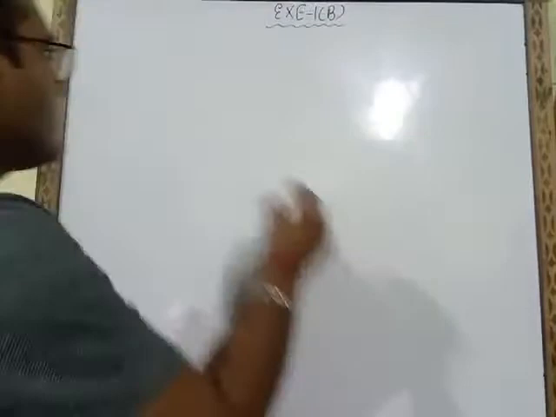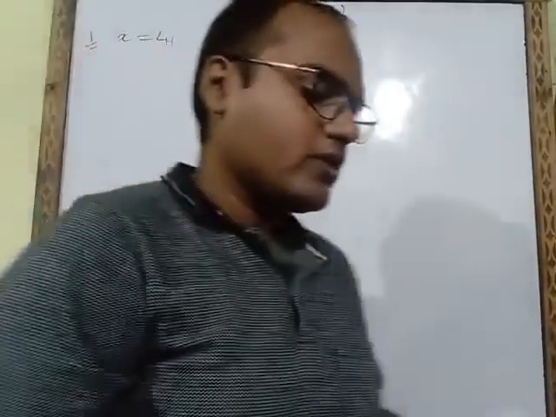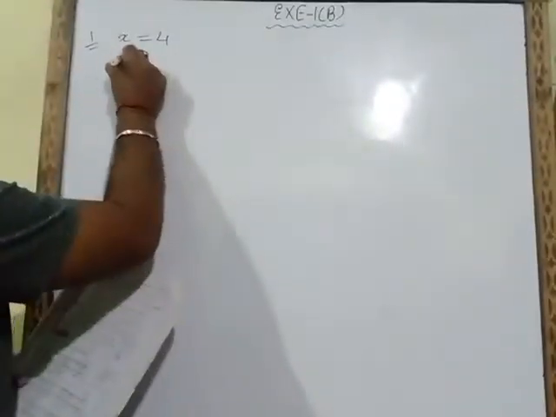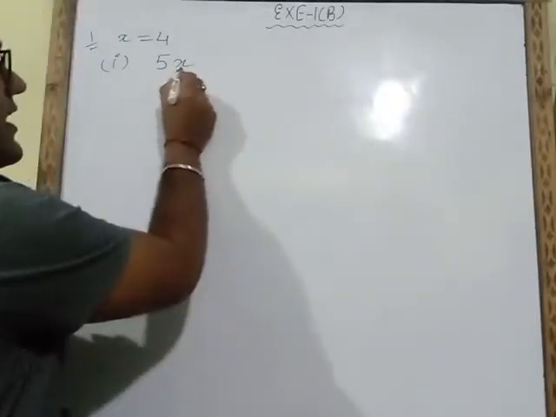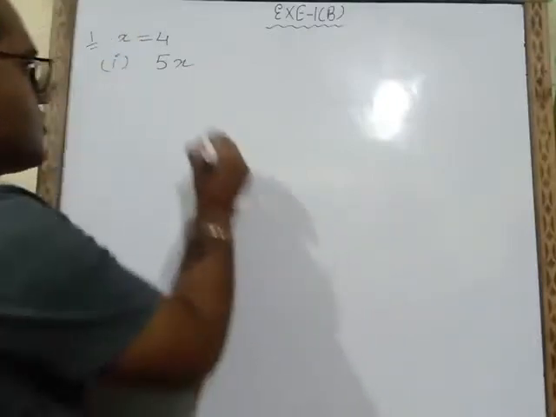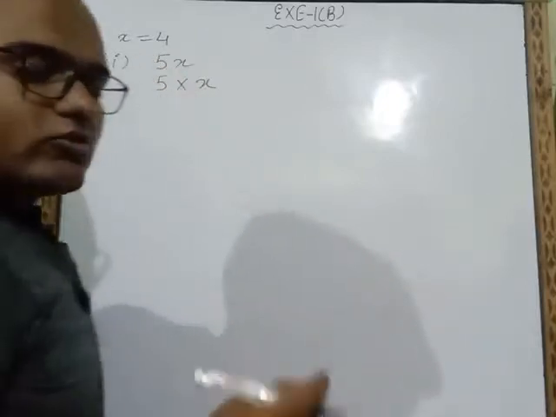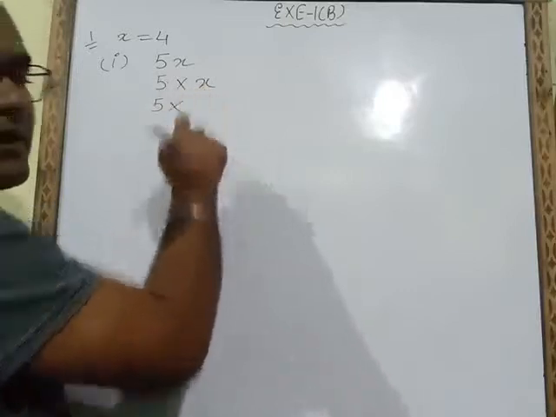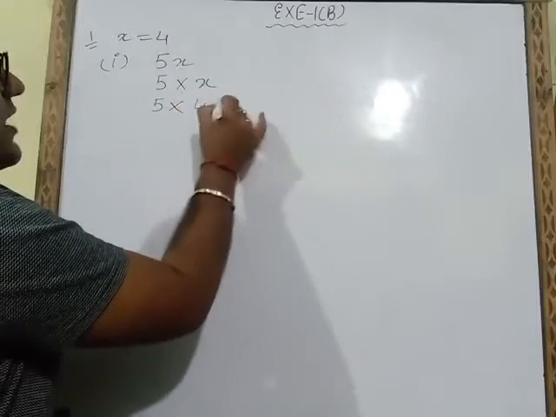So the first question is: if x is equal to 4, the value of x is given, x is equal to 4, you have to find the value of 5x. First part, 5x, we have to find. Between 5 and x no sign is there, so we will write 5 multiply x. Now in place of x we put the value 4, so 5 into 4,